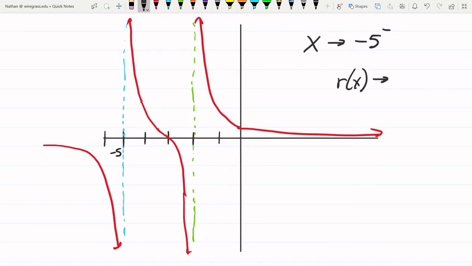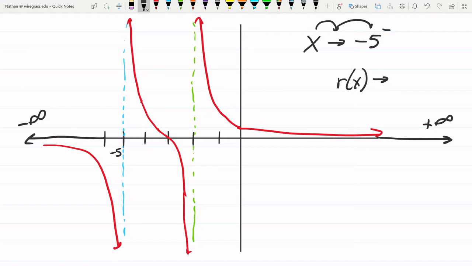What this is literally saying is x approaches negative 5 from the left. If you think about the axis, this way goes to negative infinity, and on this side it approaches positive infinity. So it's natural to think of negative as the left-hand side and positive as the right-hand side. And that's what we use for this type of what's called a limit. As x